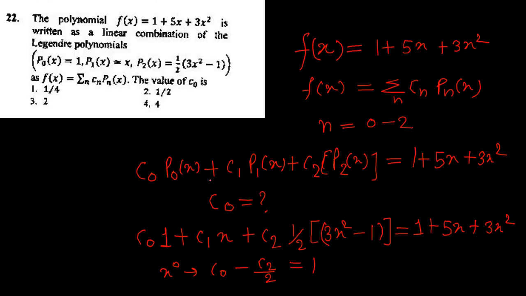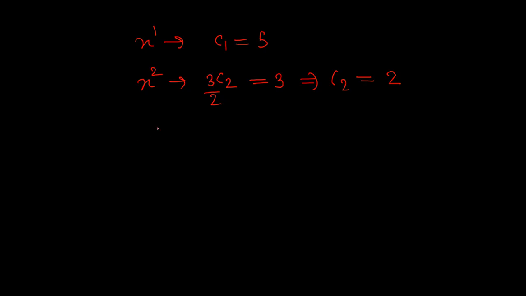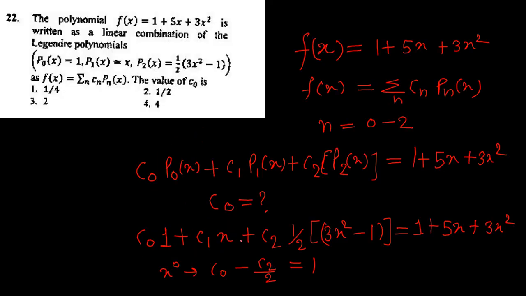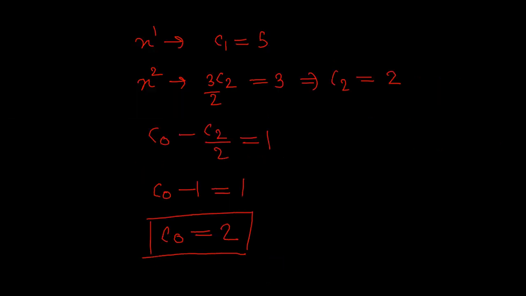So the first equation we got is C naught minus C2 by 2 is equal to 1. Now put the value of C2 over here. You will get C naught minus 1 is equal to 1, so from here you will get C naught is equal to 2. Okay, so the third option will be your answer. Next question is,